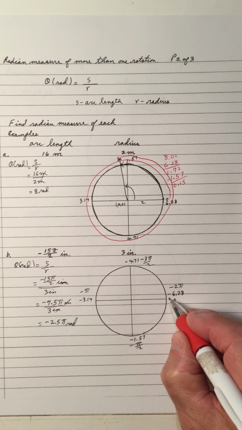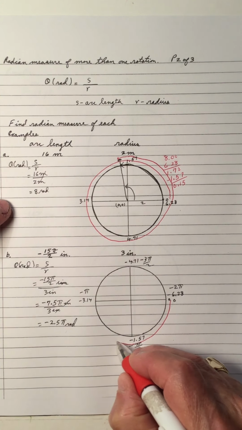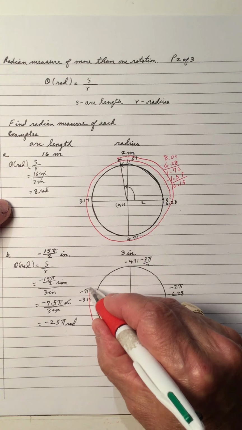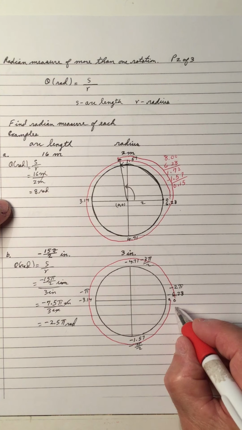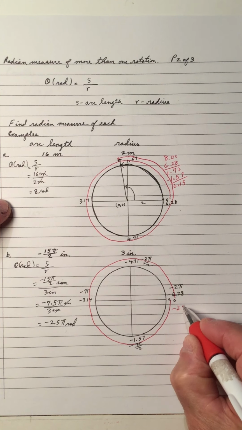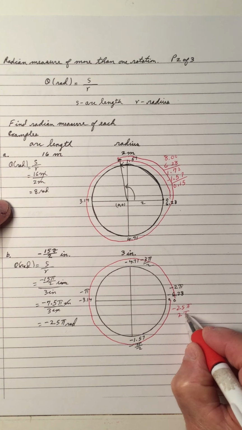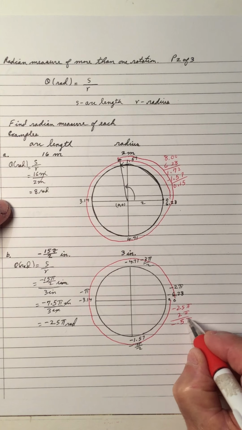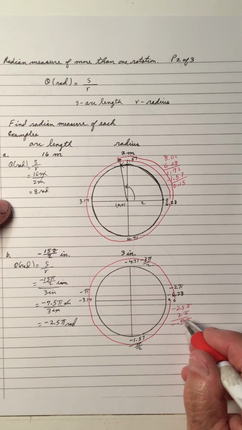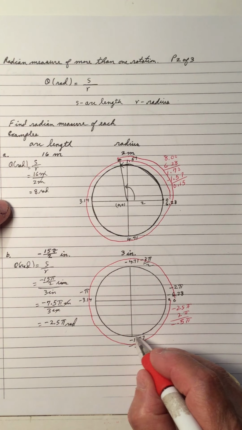So rotate, start here, and I do it in red to show you as if I was rotating around on the circle. So that's a negative 2 pi. So I have a negative 2.5 pi. I'm going to take off 2 pi, so that's a negative 0.5 pi that's left, and that's a half pi. So pi is right to here, so a negative half